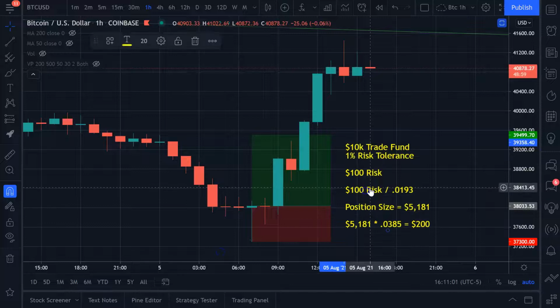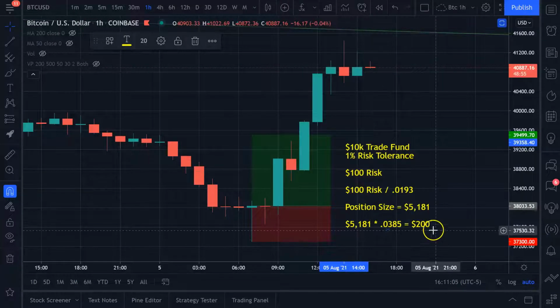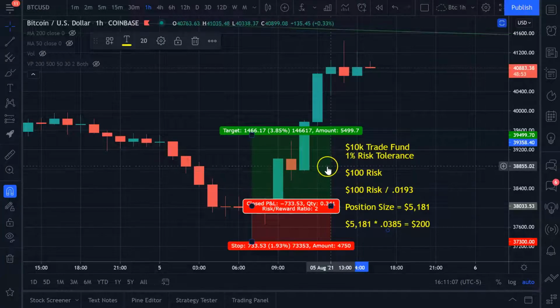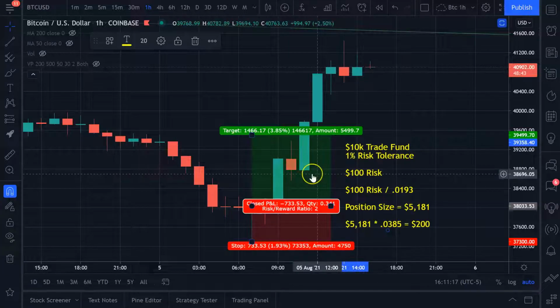If you're trading with 3% risk and you've got 10 grand, then you have $300 risk, and your reward would be $600 in that trade. If you're trading with a $100,000 budget, things start to get a little bit different because obviously you have slippage and things, but essentially the same general idea, okay? So there you go. That's literally how that works.